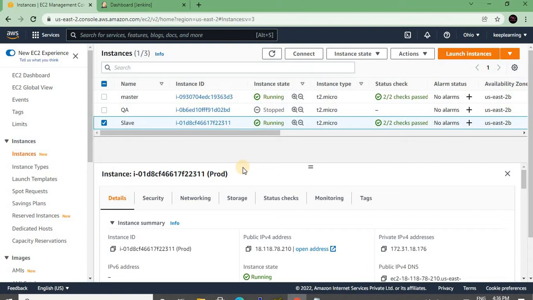Let's say master is good enough to handle 8 jobs at a time. So the remaining 7 I want to execute on slave, so that master can execute the 7 to 8 jobs assigned to it without any issue. So there we can see there is no performance degradation. Whatever jobs are assigned on master and whatever jobs are assigned on slave will be executed as expected.